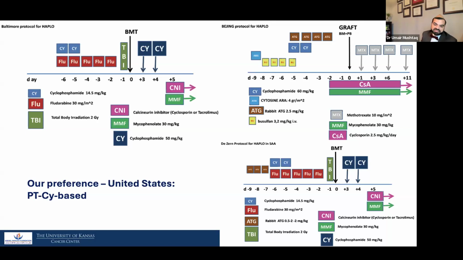depletion. And then there is the aplastic anemia protocol that just amplifies the dose of TBI in that flu-cy TBI regimen and gives half the dose of ATG to get the graft in, because in the initial studies, they did a low dose of TBI, or if you don't use ATG, then your rejection chances are going to be higher, because these are non-malignant disease patients. They have not seen chemotherapy before. They have an intact immune system. So higher immune depletion is needed. Our preference in the United States has been post-transplant cyclophosphamide. So I am going to stick with that for future discussion.